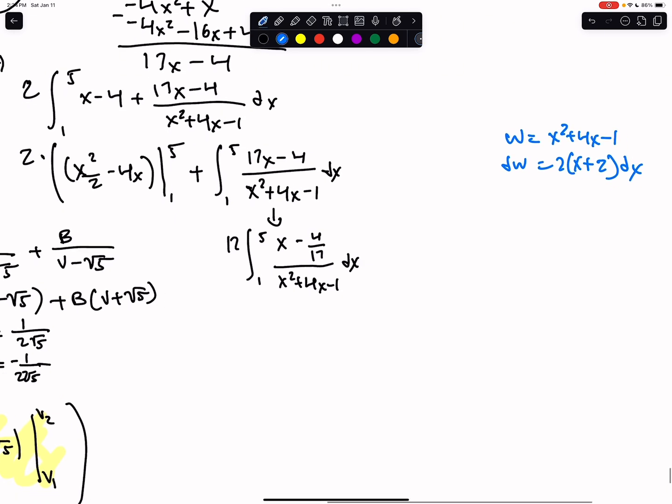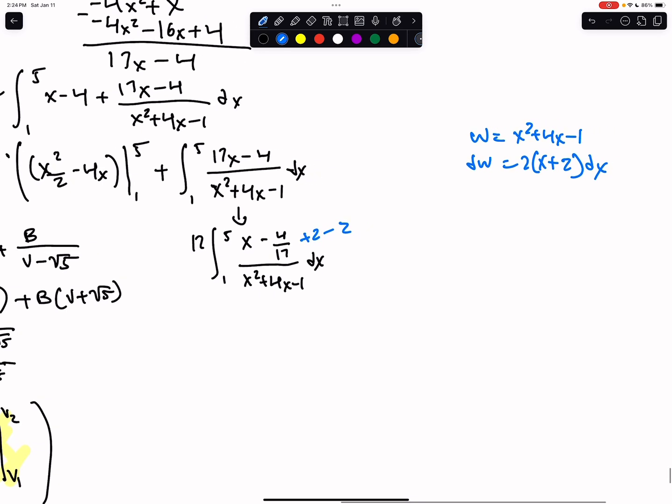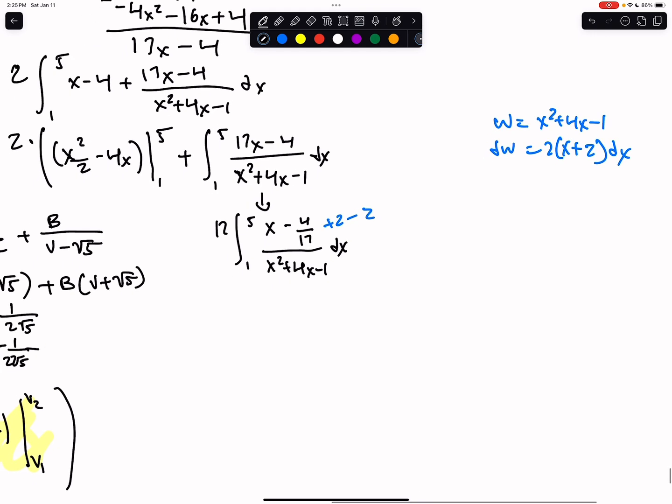Right? The plus 2 minus 2. So now we'll just get 17 times the integral from 1 to 5 of x plus 2 over x squared plus 4x minus 1,